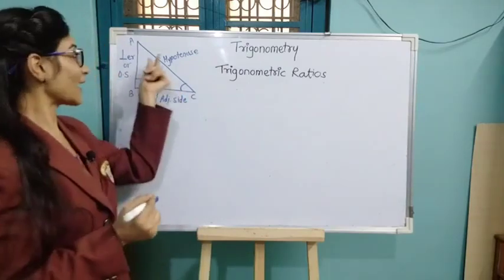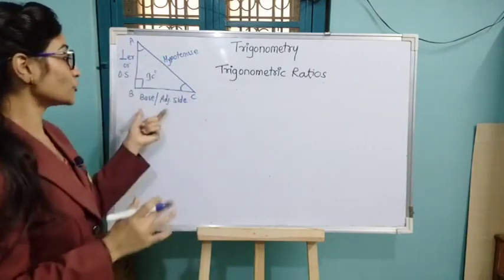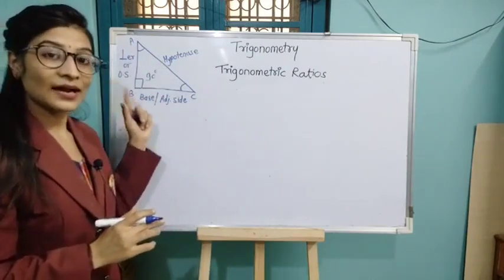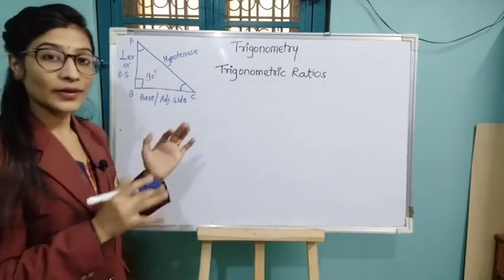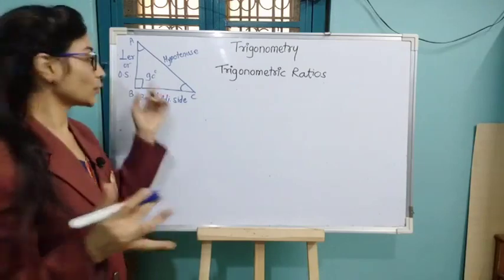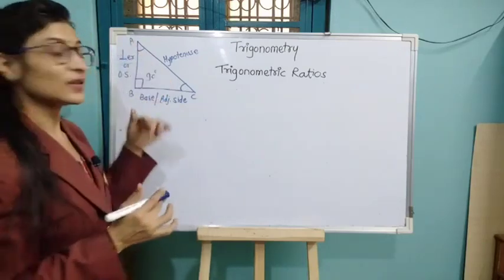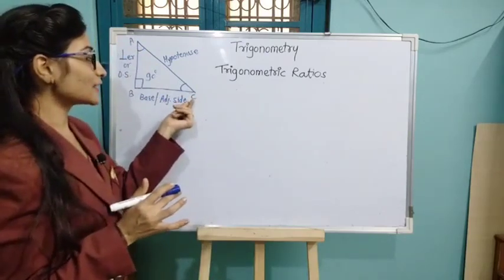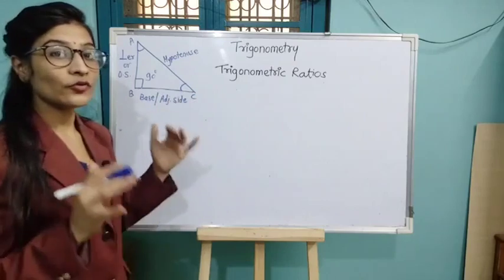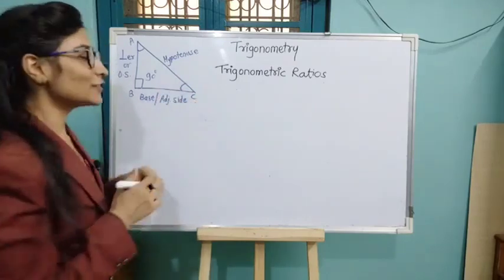If you want to consider angle A, then you can consider this angle B, but according to that you have to change this side, opposite side or perpendicular or base or adjacent side, according to the angle. If you are choosing this angle A as an acute angle, then BC will be the opposite side or perpendicular. Now I am considering this C as an acute angle. I need to find out all the trigonometric ratios related to the angle C. So let's start.